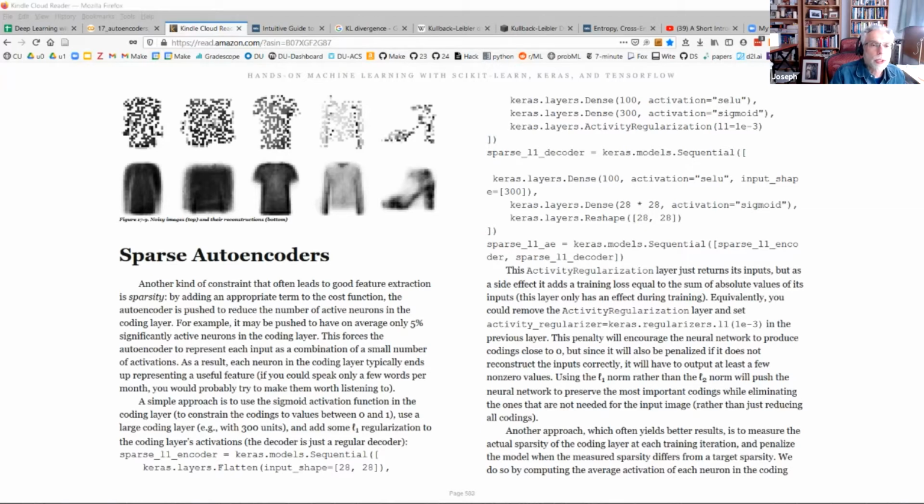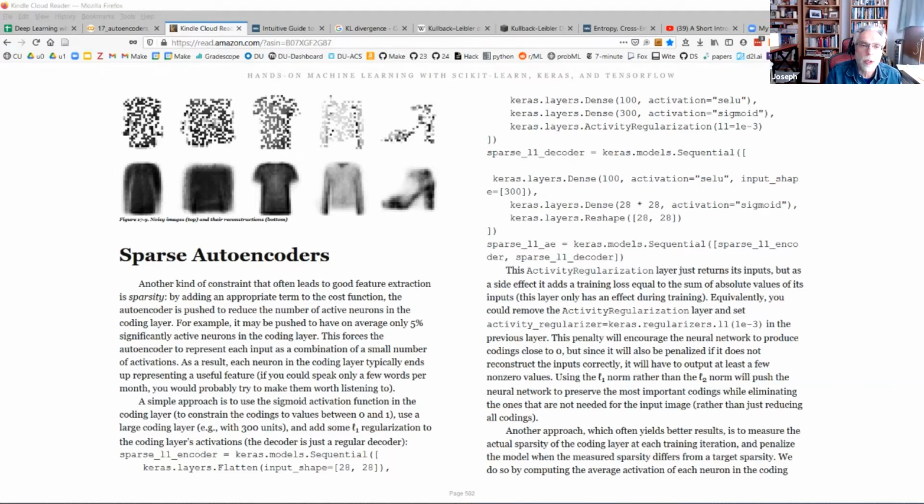So it first takes the 28 by 28 images, which are 784, then takes them down to 100. And then in the basic autoencoder that we studied before, the next layer takes them down to 30 and then has a sigmoid at the end. But in this case, we're instead going to do an overcomplete